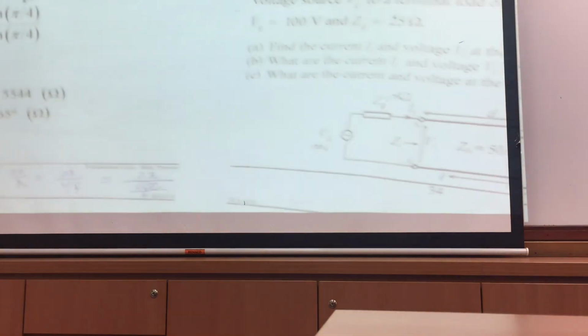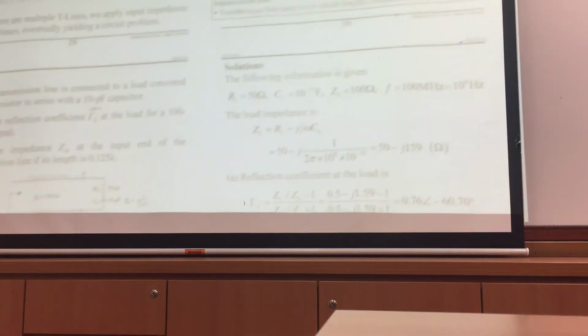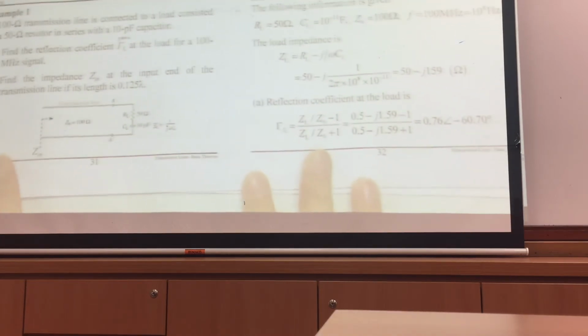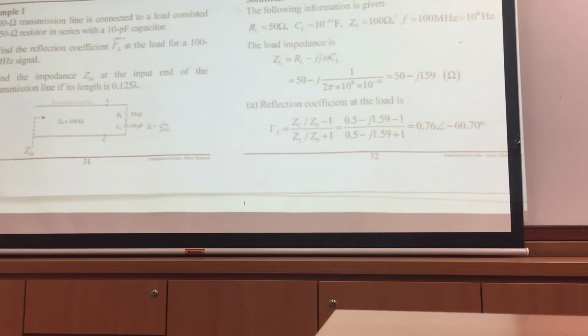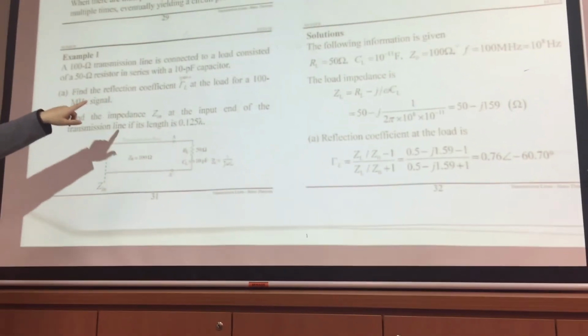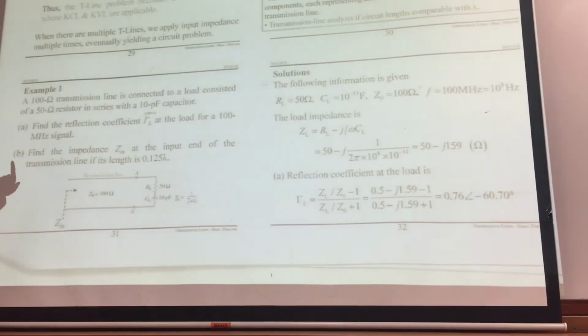Then we have questions. We have examples. The examples, I think, are very straightforward. It has a 100 ohm transmission line connected to a load consisting of a 50 ohm resistor. This one is the characteristic impedance, that is Z0, right? And this one, you need to use to calculate the ZL